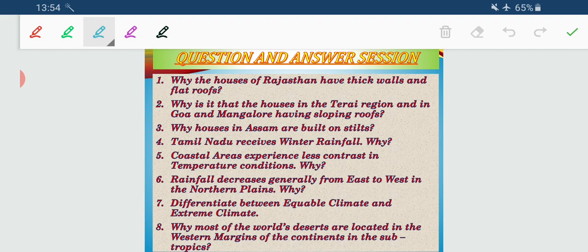Now stilts are the pillars. It can be a cemented pillar, it can be a timber pillar. Now the houses of Assam are built on stilts. Why is it so? Again, Assam is a zone of heavy rainfall, and secondly, we